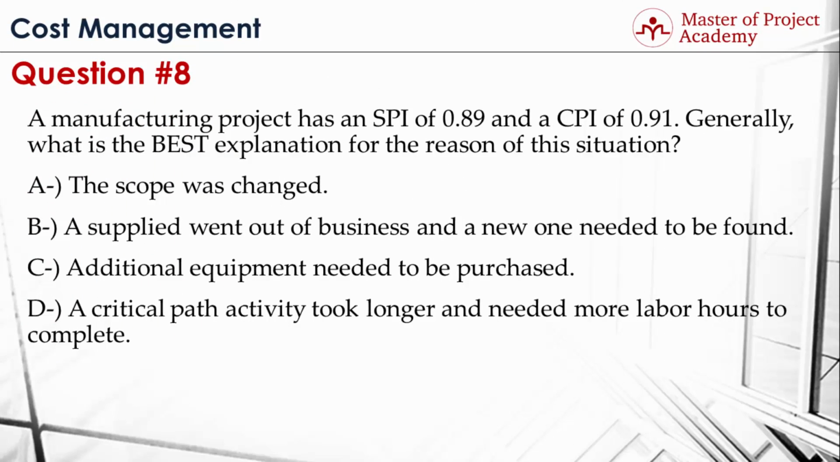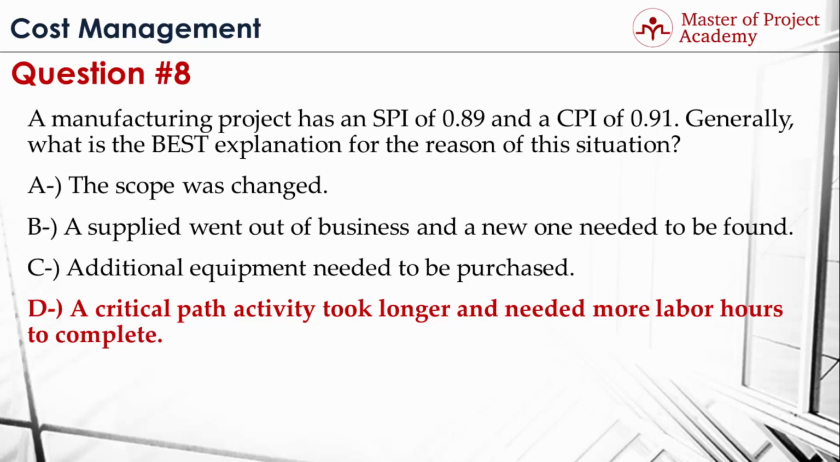Question 8. A manufacturing project has an SPI of 0.89 and a CPI of 0.91. Generally, what is the best explanation for the reason of this situation? A. The scope was changed. B. A supplier went out of business and a new one needed to be found. C. Additional equipment needed to be purchased. Or D. A critical path activity took longer and needed more labor hours to complete. The answer is